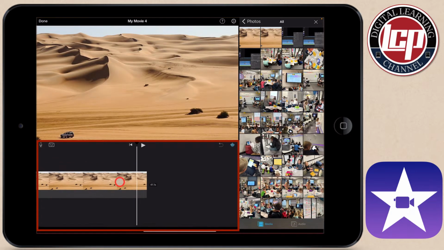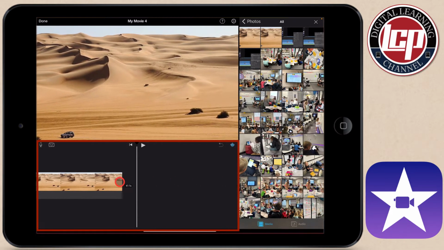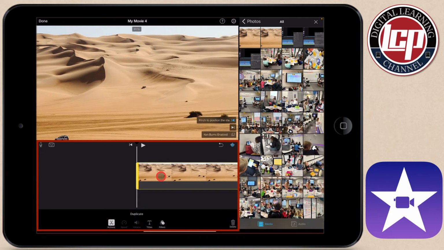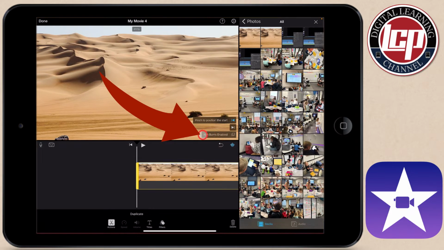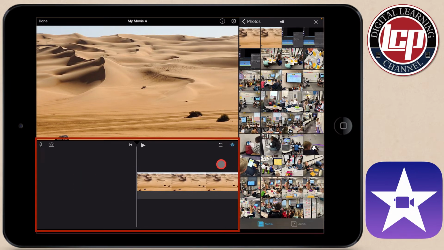The next thing I want you to adjust, you'll notice that the image is moving like this. If you don't want your background moving like that, click this image, and then you see right here it says Ken Burns enabled. Go ahead and tap that. So once I've disabled Ken Burns, that image is now still. So now I have my background,